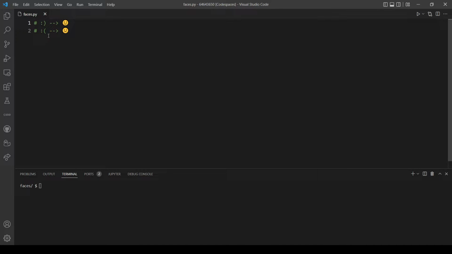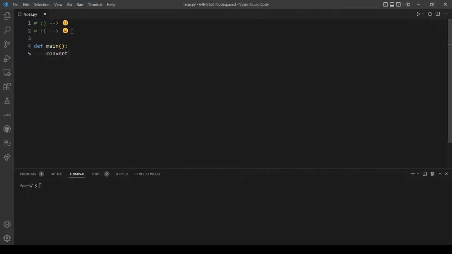What we want to do is take input from the user and replace this with the slightly smiling emoji here and the same here. So let's first make our main function, and here I think we'll just call